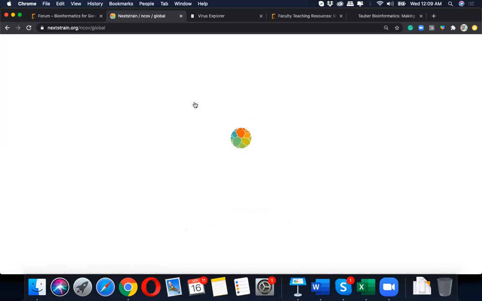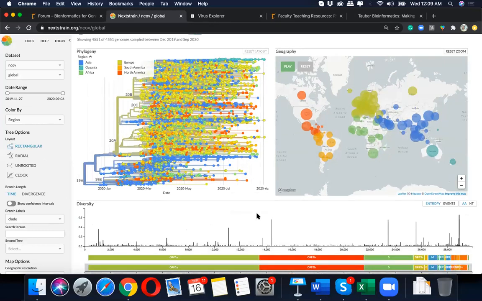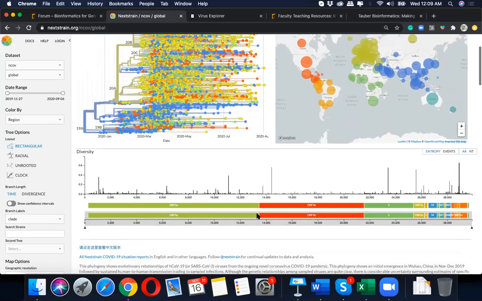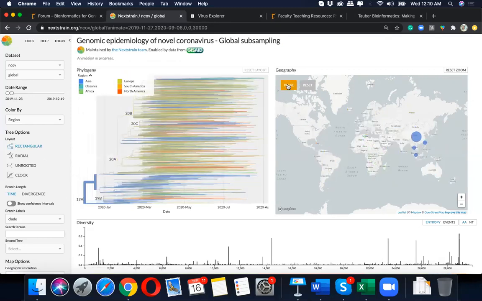This tells you a lot about SARS-CoV-2 because it maps out the geographical locations and the sequences. So you get the sequences, you get the mutations. It also shows you the mutations. It's a great place to just come and see, and you will learn so much. If I start here, it starts from 27th November 2019, with the genome sequences from there and their distribution. So you can just play this and see how it all started from the beginning.